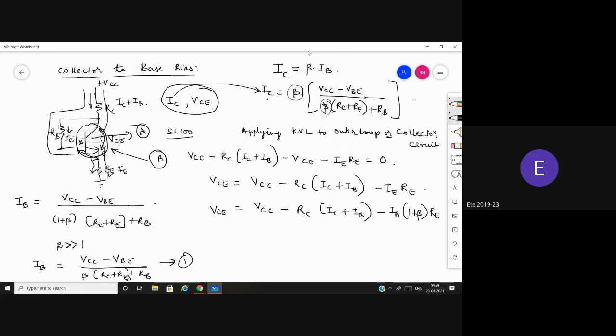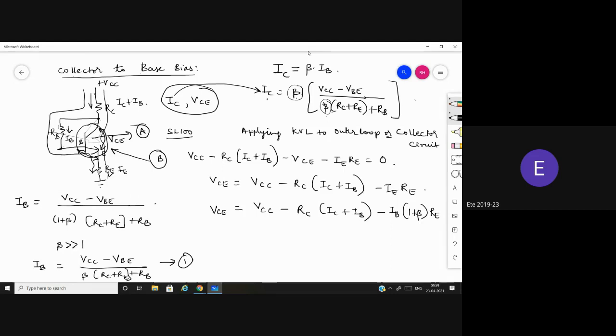So just think on this. The reliability issue will come here. Our circuit is not reliable. When I put one transistor, it was giving some value. When I put another transistor, it is going to give some other values. So the circuit is not reliable since it is dependent upon beta, and beta changes from transistor to transistor. Even a slight change makes a lot of difference in the output. This is one of the drawbacks.